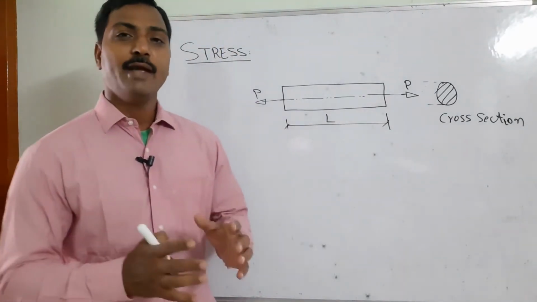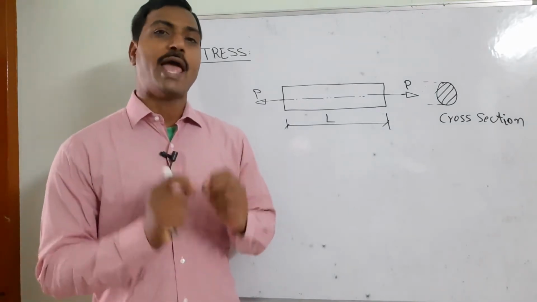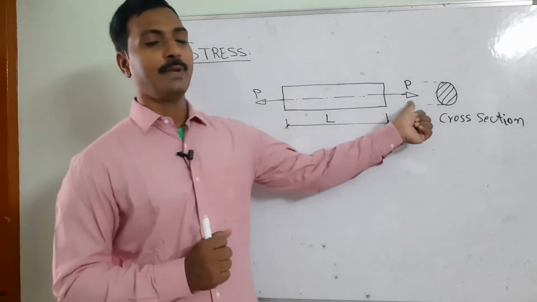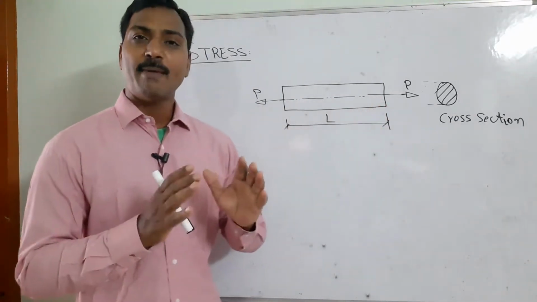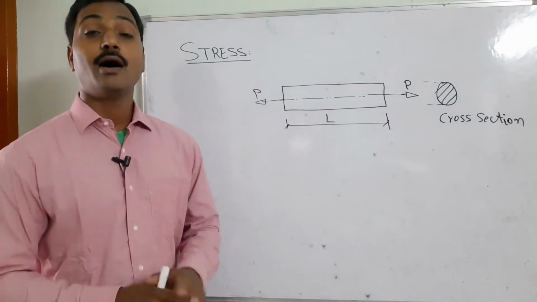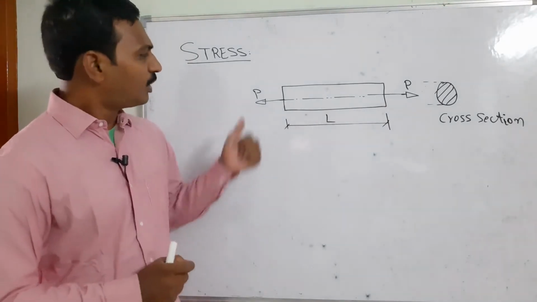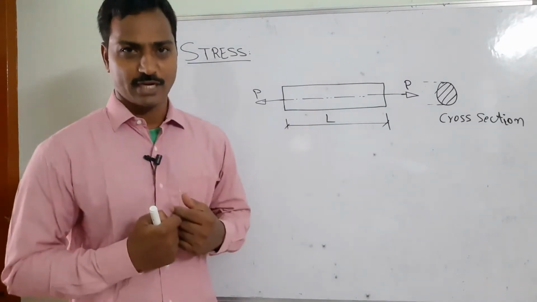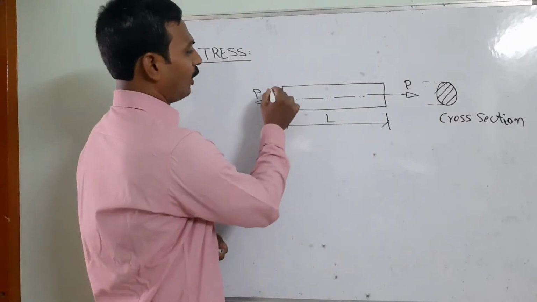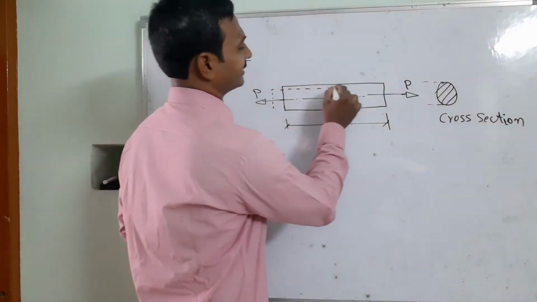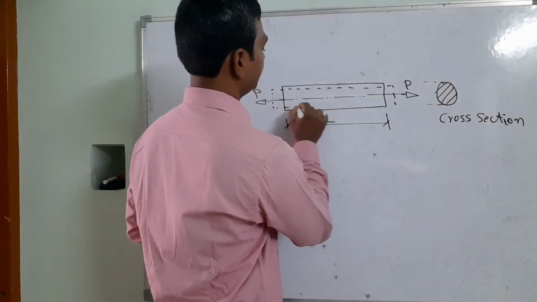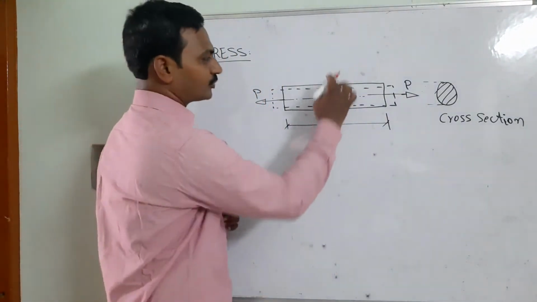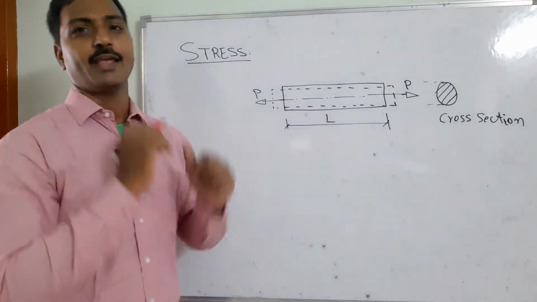At the same time, I subject it to two axial forces passing through the neutral axis of the member, P and P, pulling towards the left and right sides. That means the member is subjected to pull forces, or tensile forces. Because of these forces, the member starts to elongate. We have to assume that part. So what will happen? The elongation may exist like this. The length of the object starts elongating, and at the same time, the cross section of this member starts shrinking.